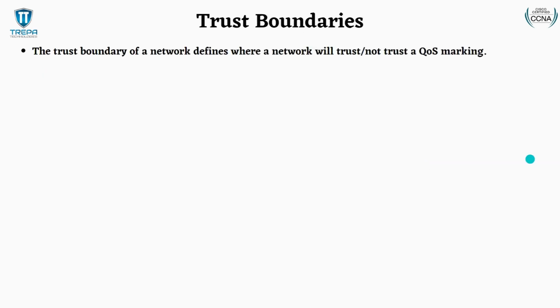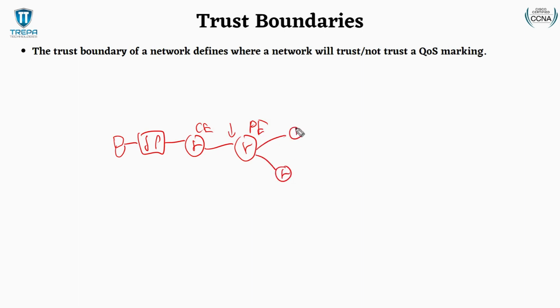Okay, the last thing we're going to go over before we stop this video, because I think I made this video a little long, almost at 35 minutes now, is the trust boundaries. And this just defines where QoS marking is either going to be trusted or not trusted, where it's going to stay or not stay. So like we kind of went over already with these trust boundaries, if this computer is connected to us here, our customer edge, and this is our provider edge router, and they don't want to trust our QoS markings because they got their own thing going on within their own ISP network,